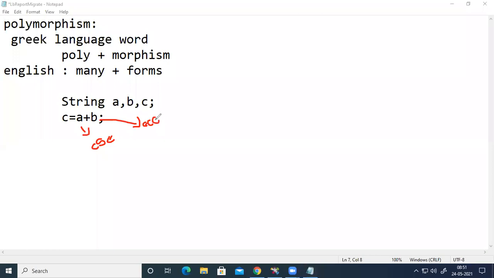If we add both the strings, then CSC and ECE will be stored inside the variable c. So here the first string is concatenated with the second string. Here adding in the sense concatenating. So the second string will be joined after the first string if we use this plus symbol in between the two string variables.